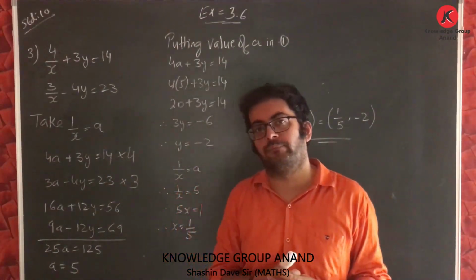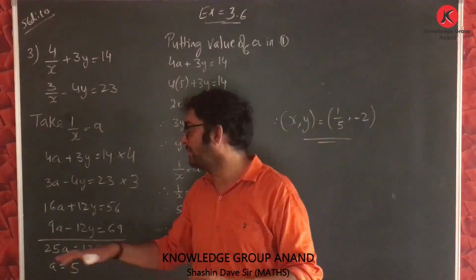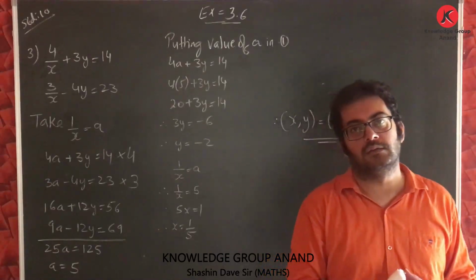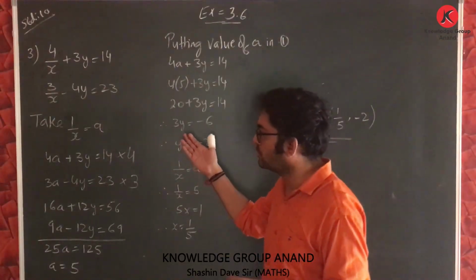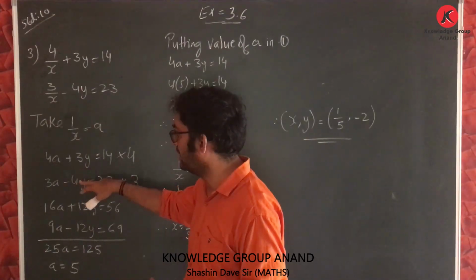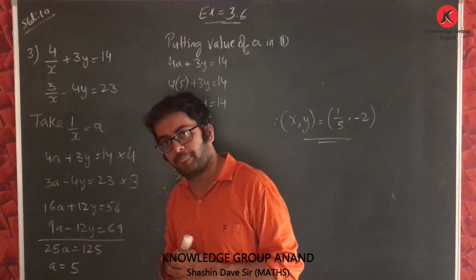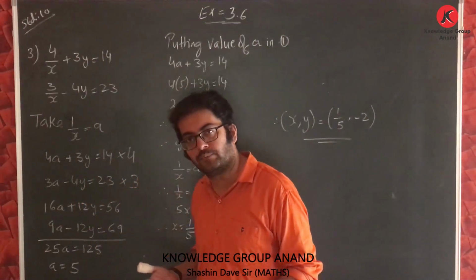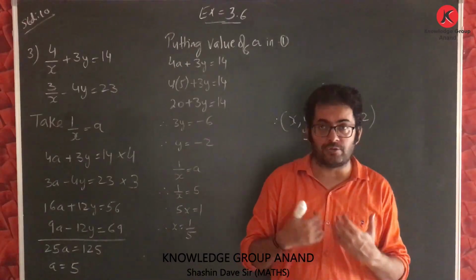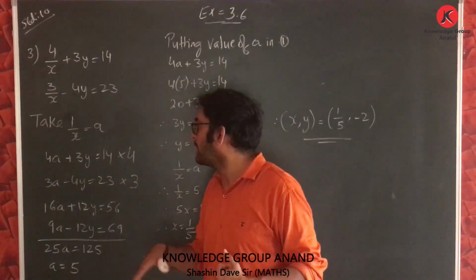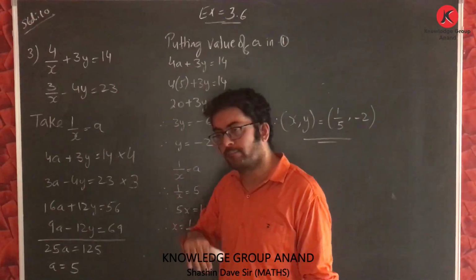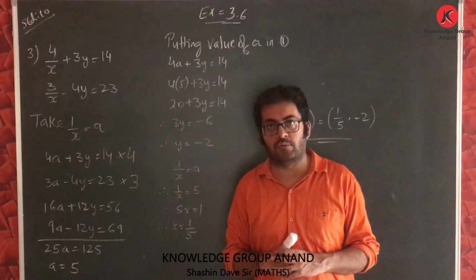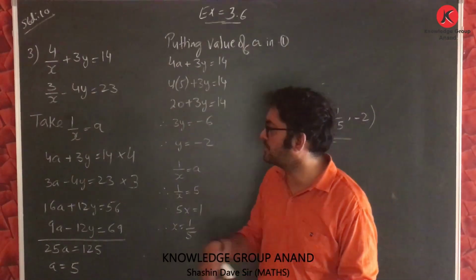So first, I will find the value of the assumed part, that is, I want to find the value of a. If I want to find the value of a, the part with y should be eliminated. Here I am having 3y, here I am having minus 4y. If I multiply 3 with 4 I get 12, if I multiply 4 with 3 I get 12. So to eliminate the part with y, I will multiply equation 1 with 4 and equation 2 with 3. Now our equations will change.